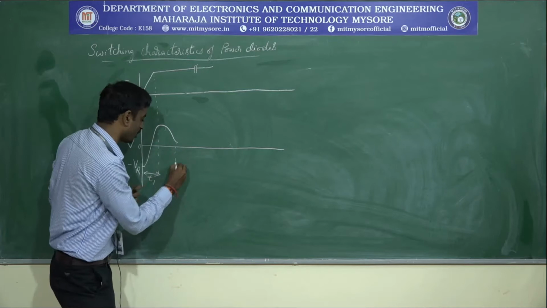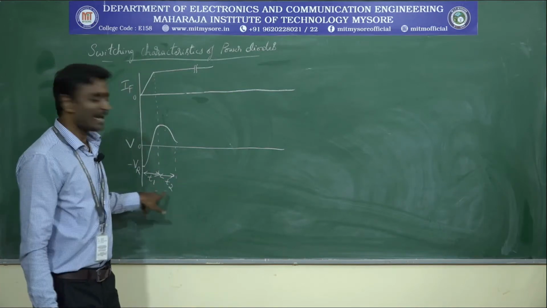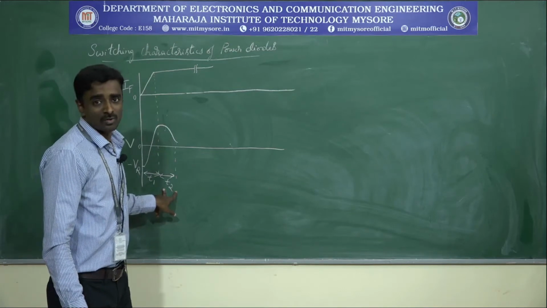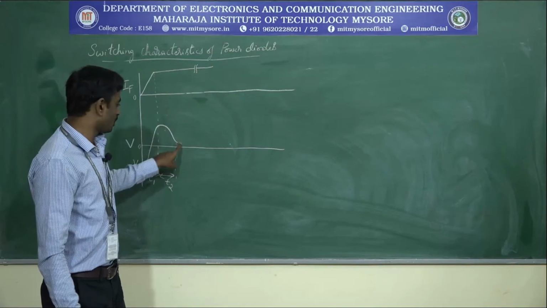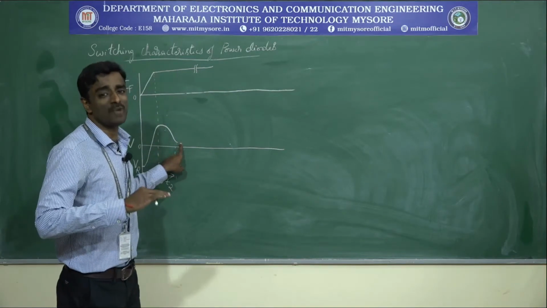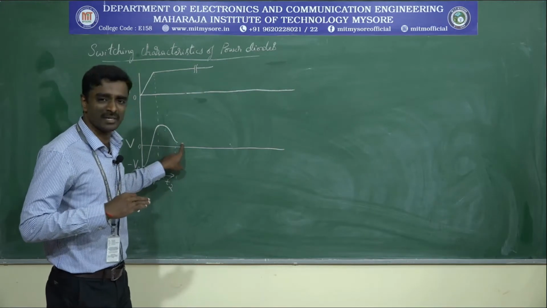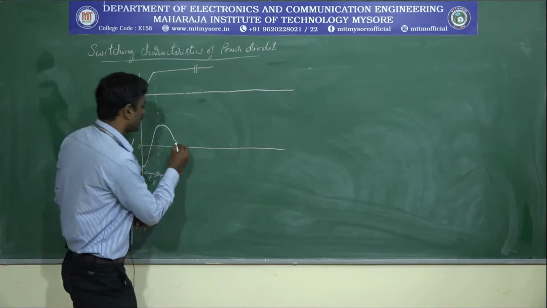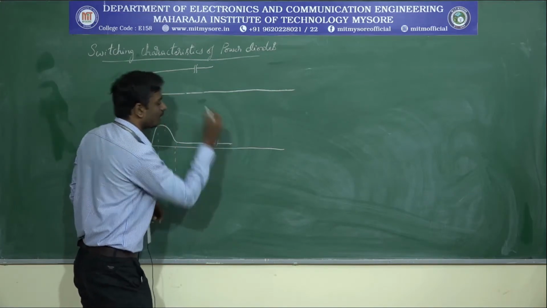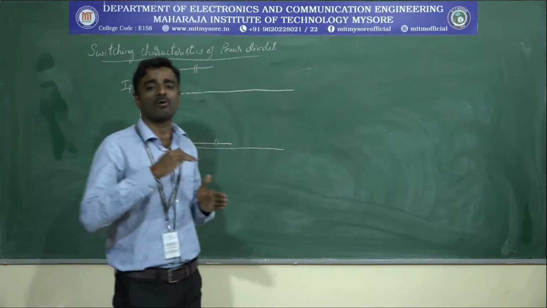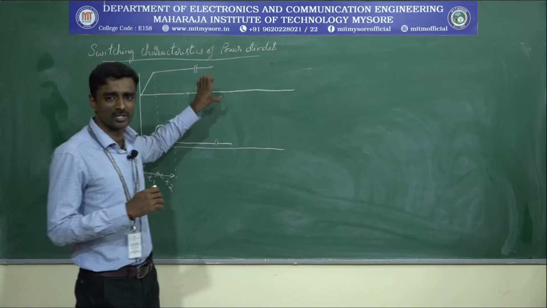This time period will be called T2. This will be T1 and this will be T2. In this case, the current will be in a steady state condition and your voltage will be at a minimum value due to the equilibrium charge carriers. Your voltage will also be at a minimum value and this will be taken with respect to some constant voltage value. So both your current and voltage are at a constant value.